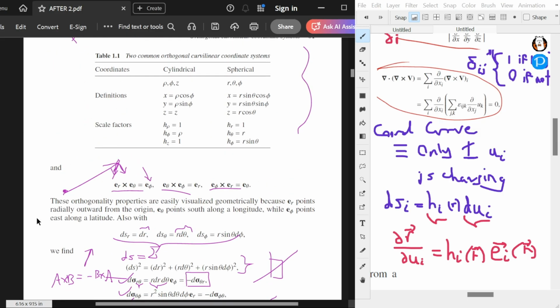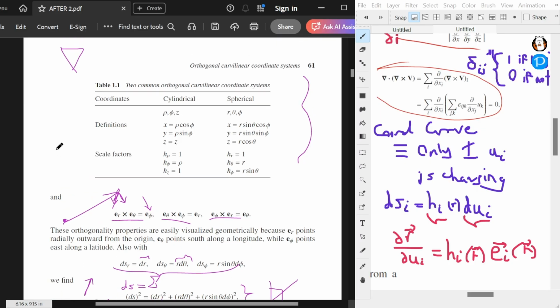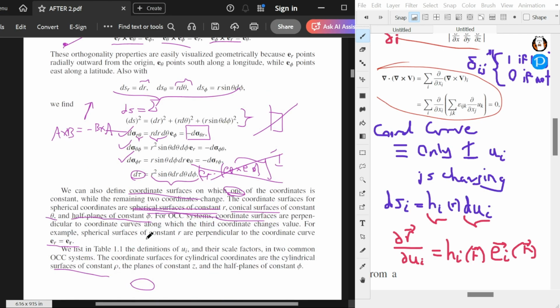Okay, let's try to visualize these coordinate surfaces. So the constant r one is easy for me to imagine. Let's say r is 5. If the radius is 5,